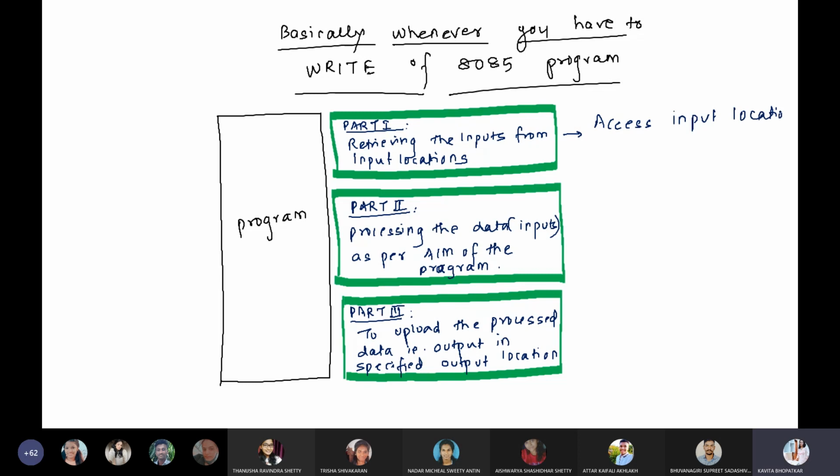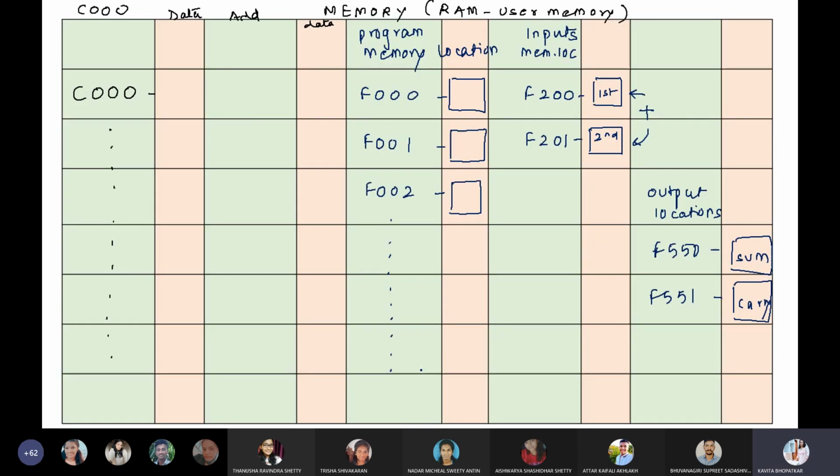प्रोसेसिंग तो हम लोग लॉजिक के हिसाब से करेंगे प्रोग्राम में, बट अपलोडिंग the process data that is output into specified location means you have to access output locations to do that. तो अभी एक्सेस किस चीज से होता है? So for that 8085 is giving us one privilege. Let's see what is that privilege. The privilege is